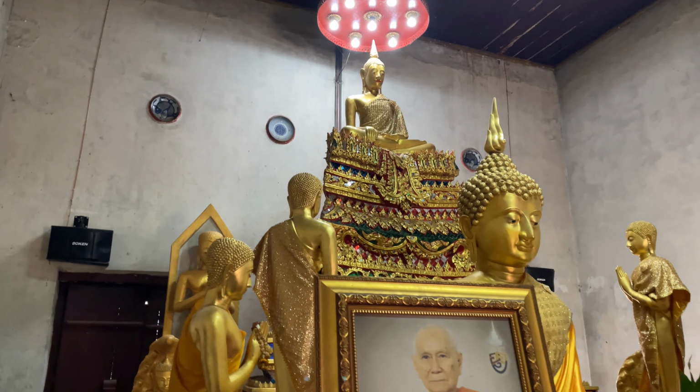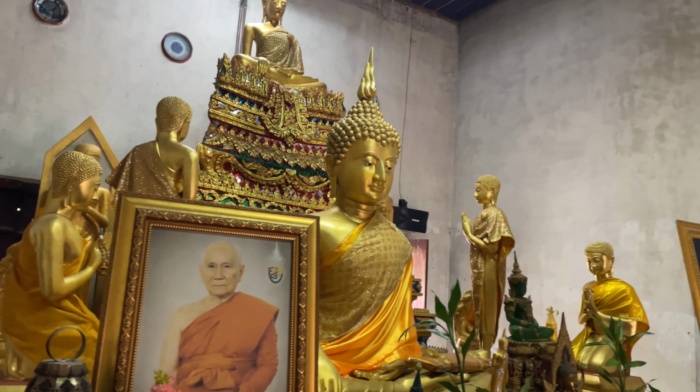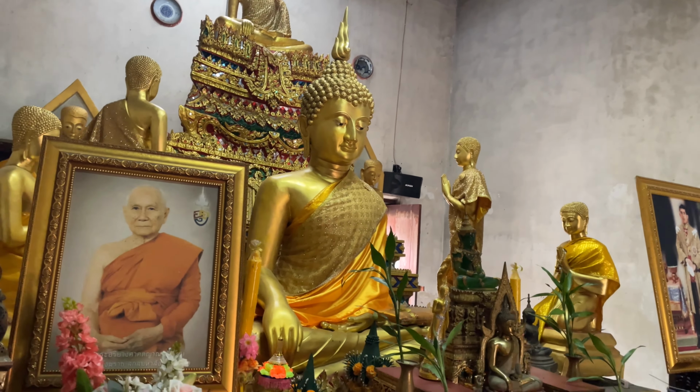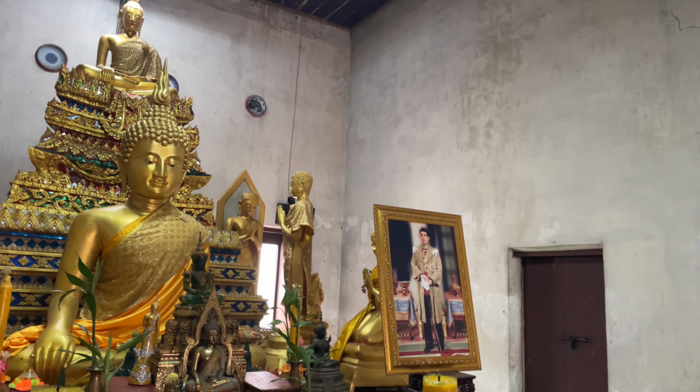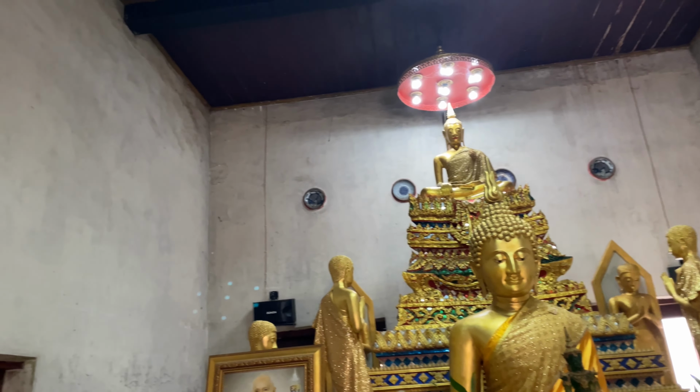Yeah, and this hall, he said that it never did have any murals. So this was always just painted with the concrete like this. All right, so he said that not only did it not have any murals, but everything in here on the walls is original. They've never painted it, they've never done anything to this hall on the inside, which is kind of amazing because